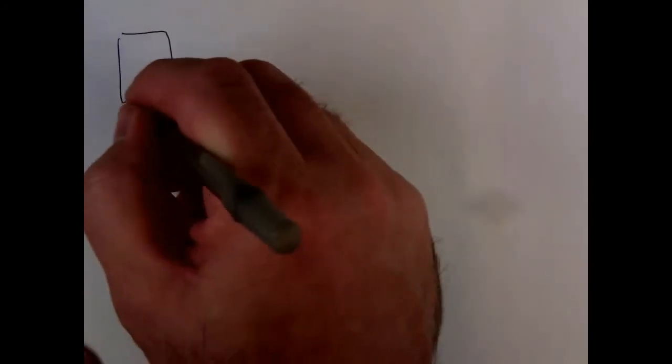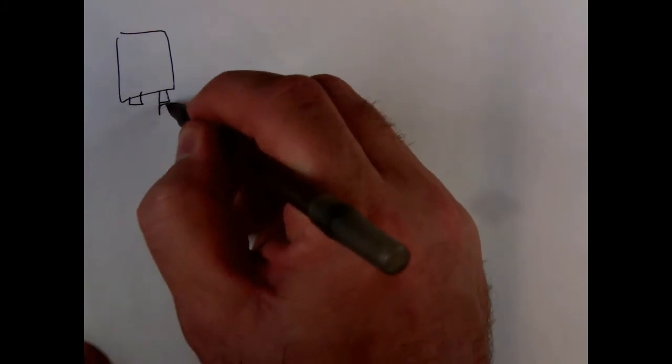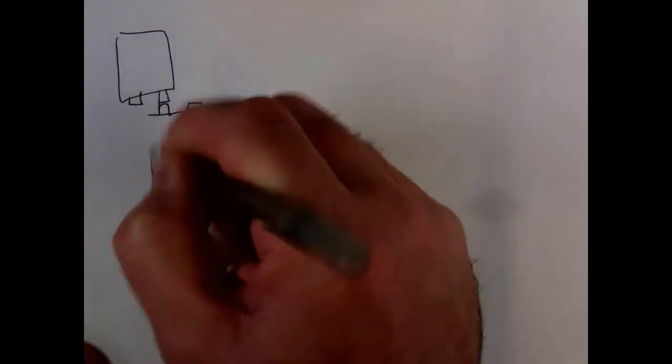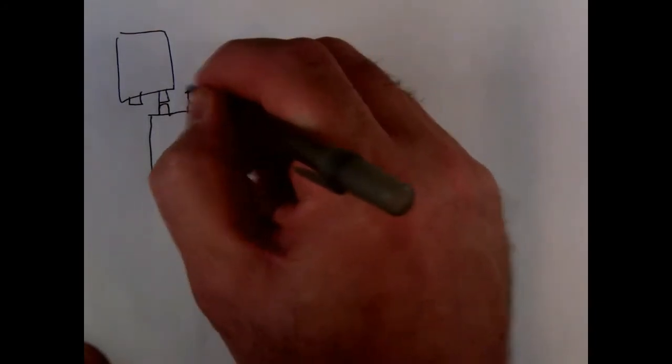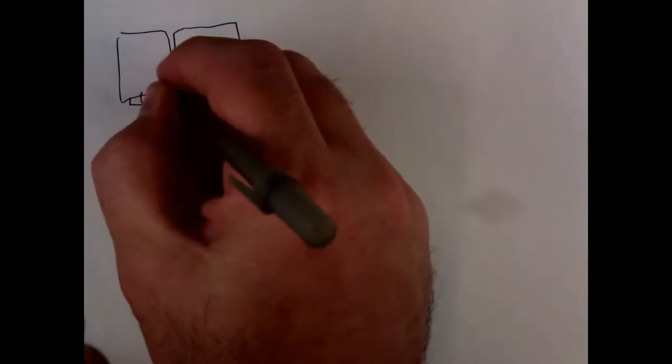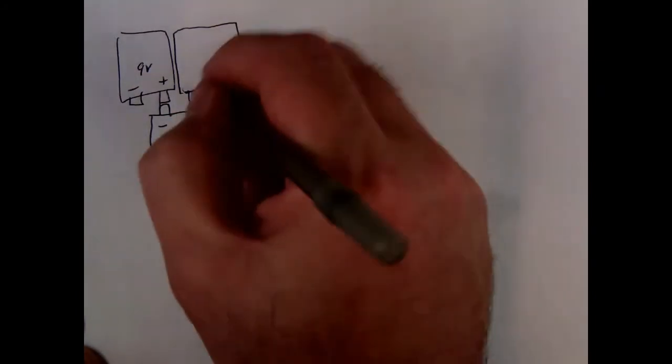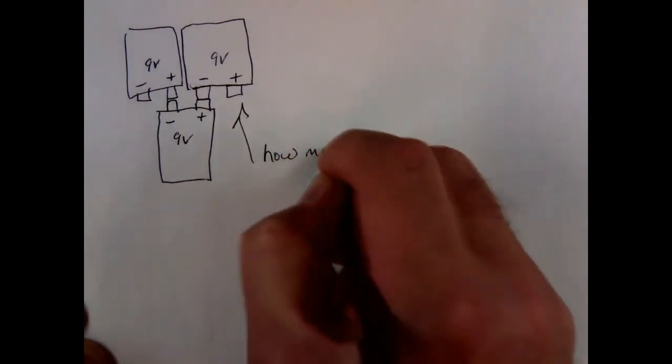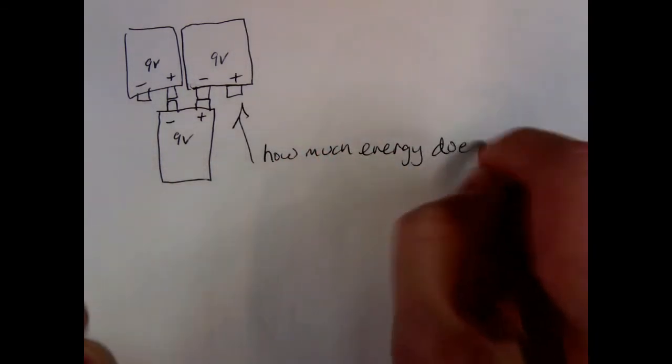Okay, now let's imagine you take a couple of 9-volt batteries and we put them in a configuration like this. By the way, you can actually do this, and there are some crazy people on YouTube that have put these together in such arrays that they've created thousands of volts. It's kind of entertaining, but rather dangerous. So if you connect the negative of one to the positive of another, like I've done here, see how the three are plus to minus,